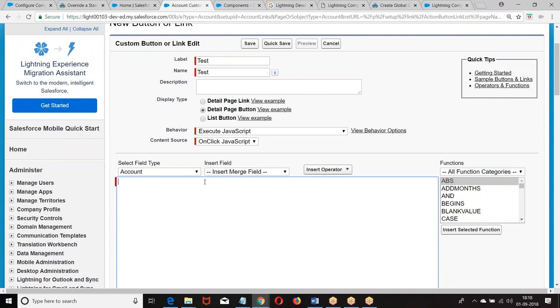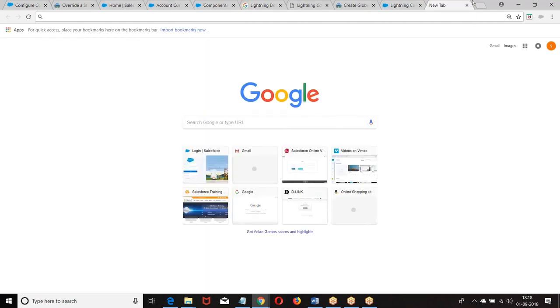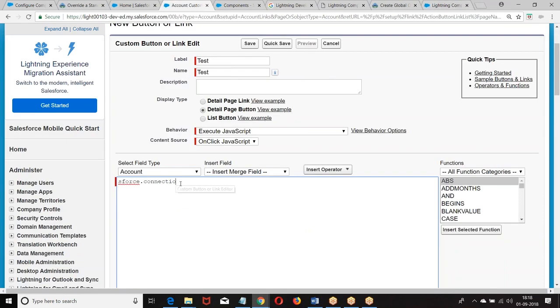We remember that concept. In the Ajax, we have sforce.connection.login, sforce.connection.query, sforce.connection.update. We remember that functionality, right? That functionality I'll be defining here. So when I click on this button, I want to say sforce.connection. But before that, we need to give. Okay, let me not wait. That sforce.connection.